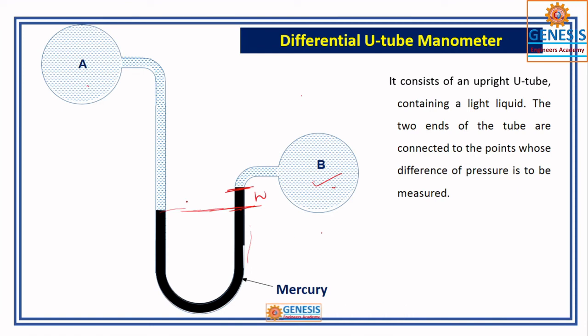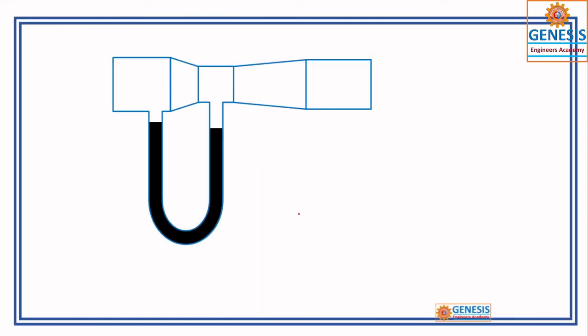If you want, you can also use the left and right concept. You take the datum line here, take the mercury, and from the center of the pipe you take the water, and you can apply it like that. But as it gives the difference value, you can get the difference of those. I will explain clearly with this example, so observe this.